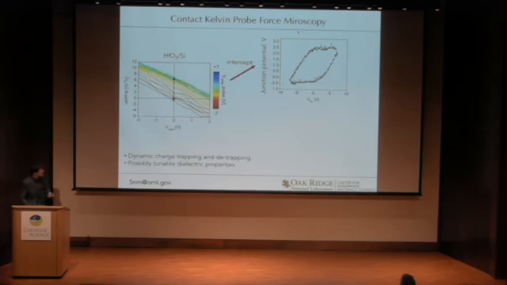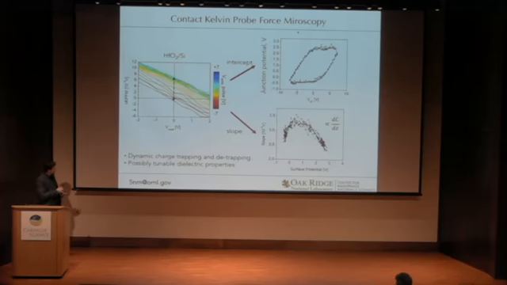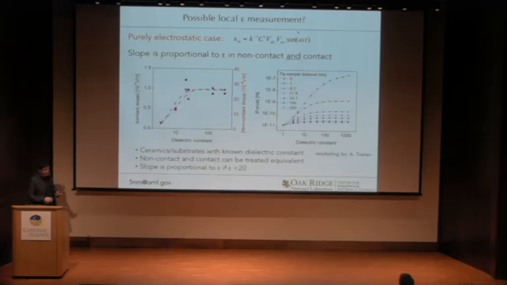A somewhat more interesting property is that the slope of these lines also changes as a function of a voltage stress applied to the material. And what does that mean? Well, the slope of this line is related to the capacitance gradient. And with a little bit of modeling, we can actually derive that this gives us access to dielectric constant changes in the material. This will work primarily when the dielectric constant is low, so something like less than 20.